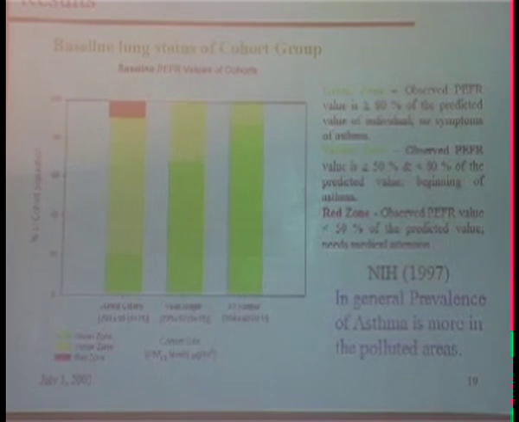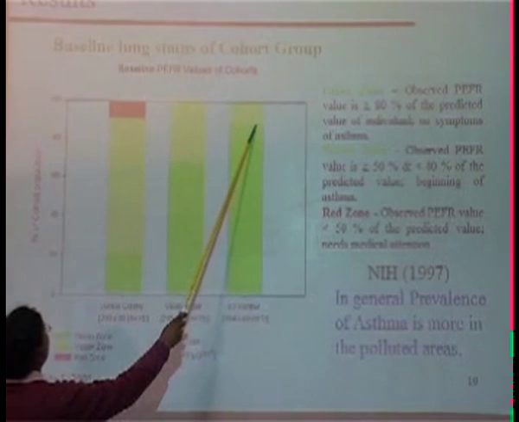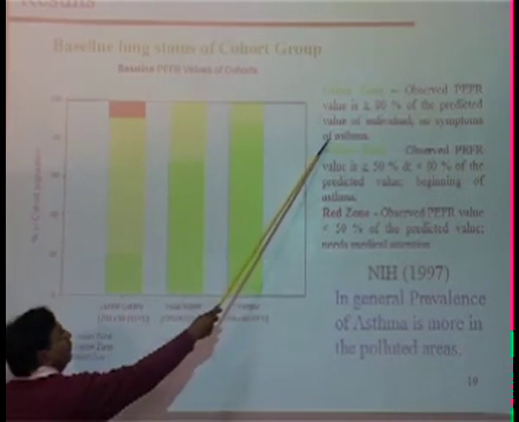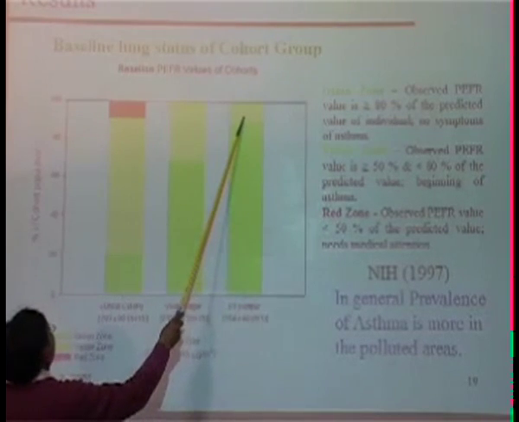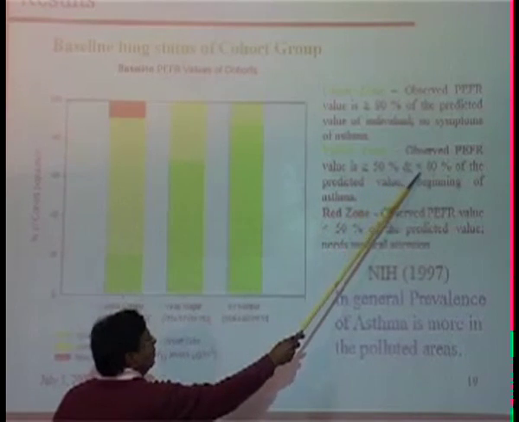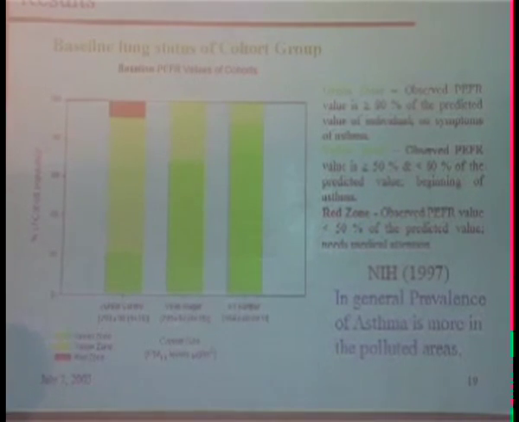So for example, at IIT Kanpur, almost up to 90% of the cohort or the group performed very well. Only about 15% had a little poor performance, between 15 to 80% of their actual value, what it should be.